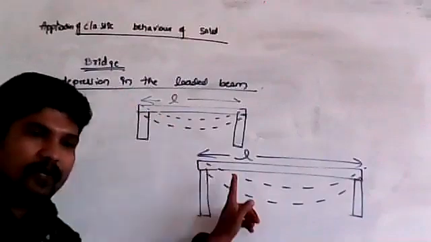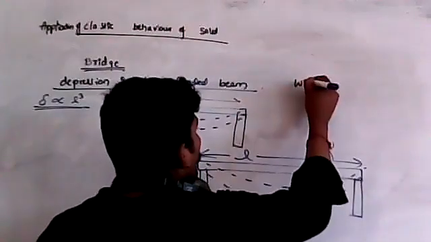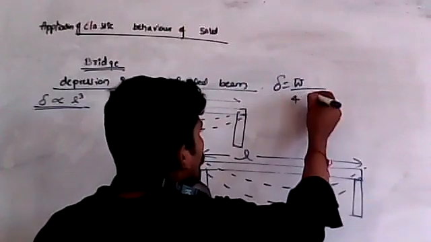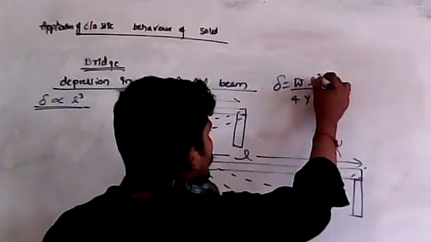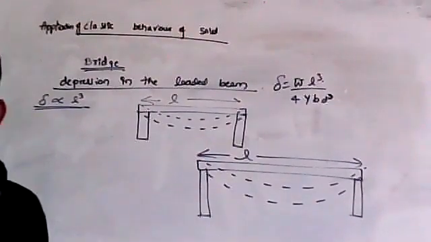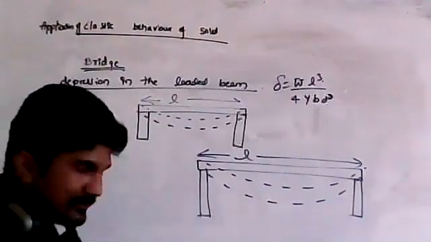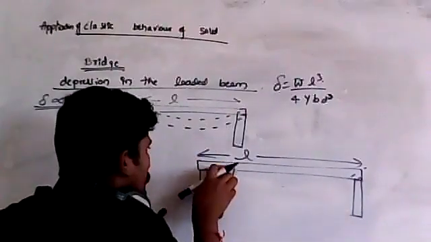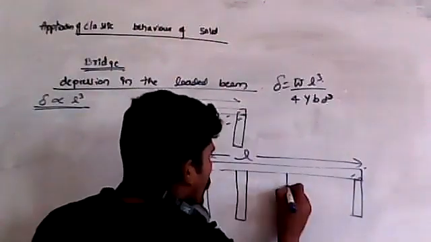Now tell me, how to reduce depression in the loaded beam. Just tell me. Delta is equal to W divided by 4 Y B D cube, right? This is the formula I wrote, isn't it? In our common sense, we can reduce depression in one way: I have to construct a pillar